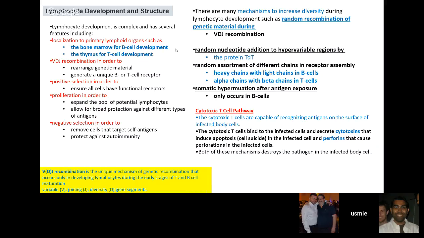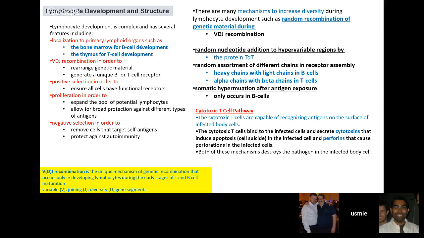The lymphocyte development structure as well. This is about the VDJ recombination, which we did go over. This one I'm going to go over a little bit. Remember that you have multiple features for lymphocytes, and that is the location, the recombination, the selection, proliferation, and how